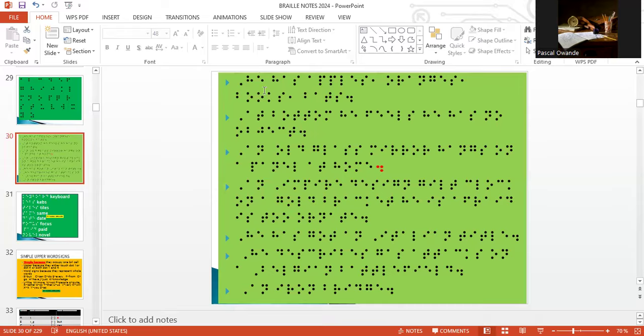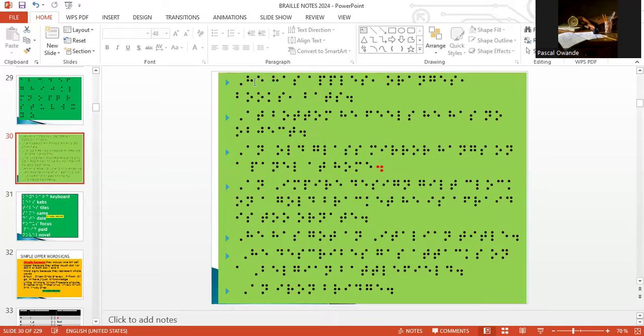Here we are just going to read. We will not read in terms of dots, but we look at the letter shapes for recognition. So the first one here is capital sign where we have dot 6, and then we have